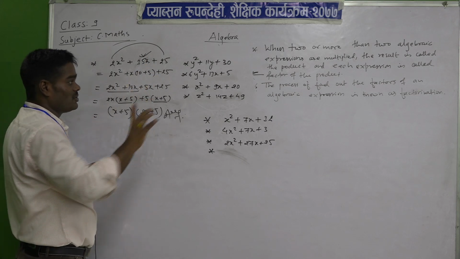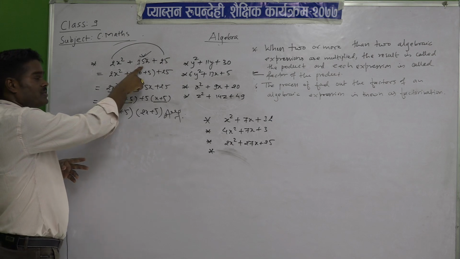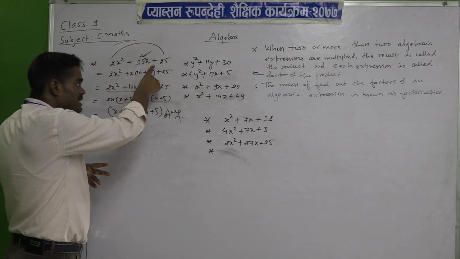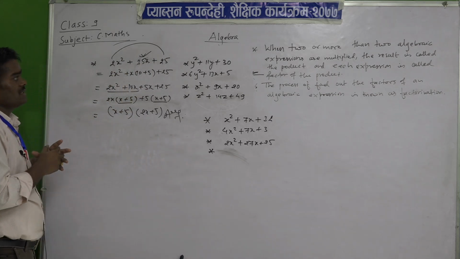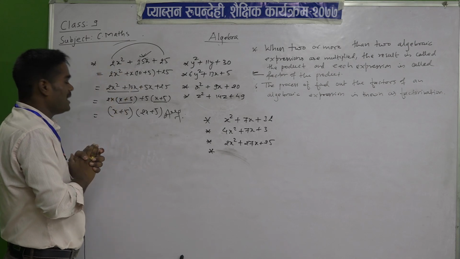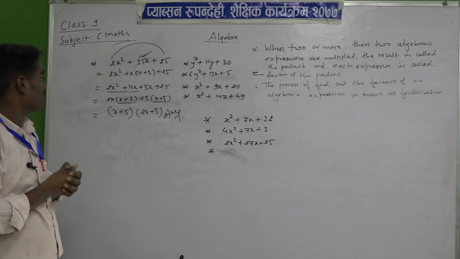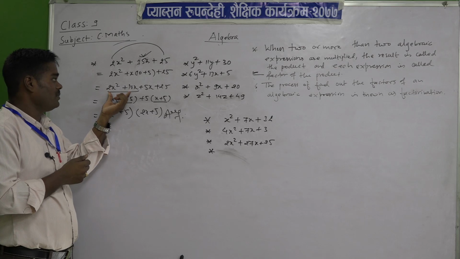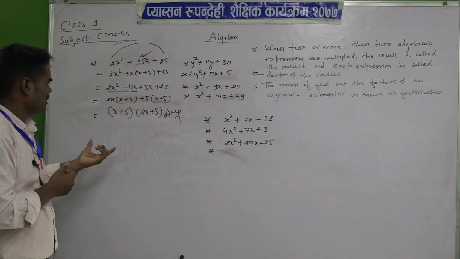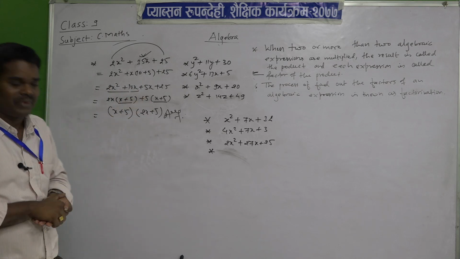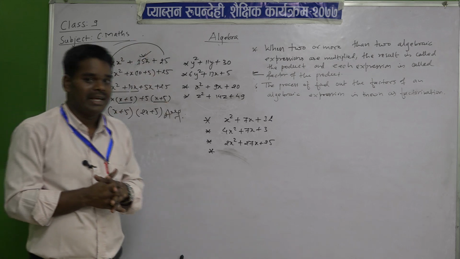If plus is there, then by adding the factors we should get the coefficient of the middle term. If minus sign is there, then by taking the difference of the given factors we should get the coefficient of the middle term, and then after it becomes 4 parts, we will get 4 terms. So, between two respective terms we have to take the common, and then further take the common, and then we will get the final factors. In this way you have to find the factors from the expression.